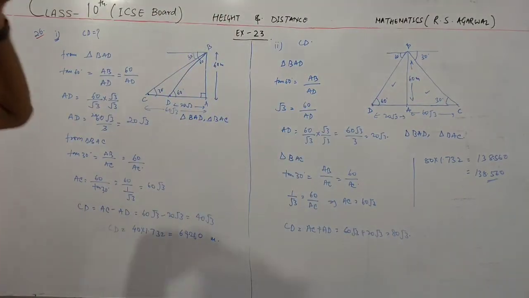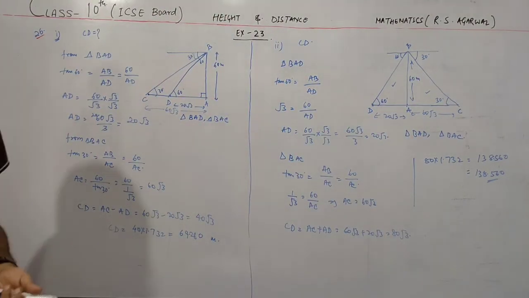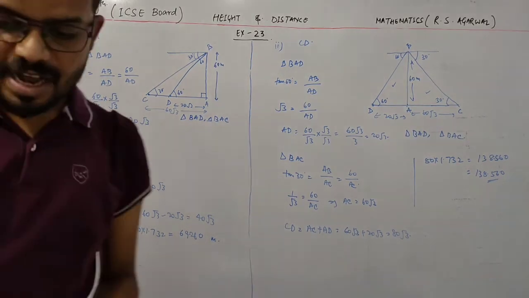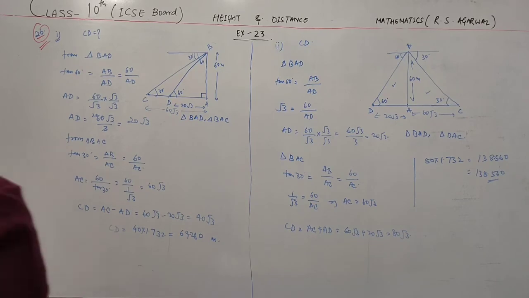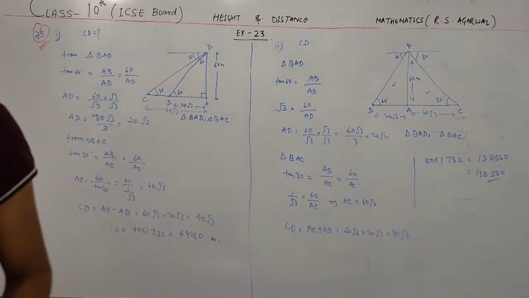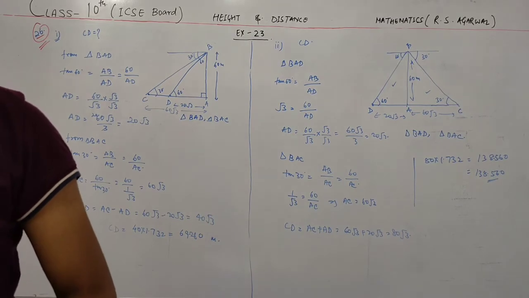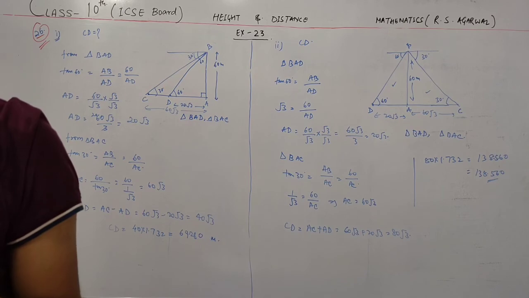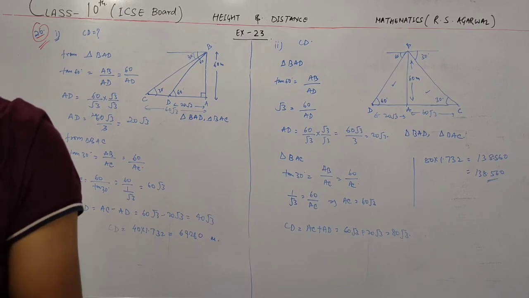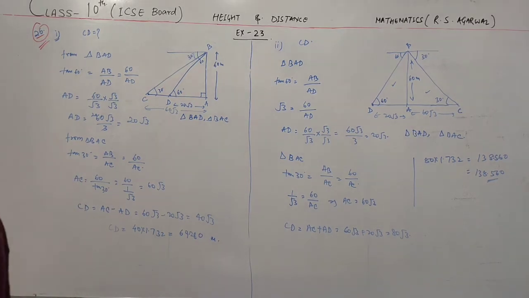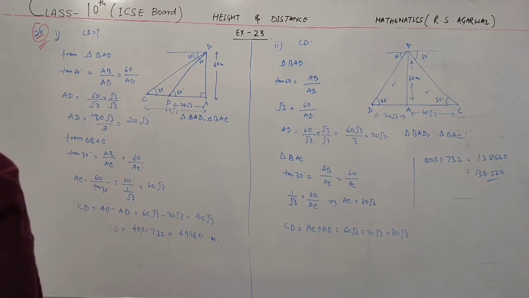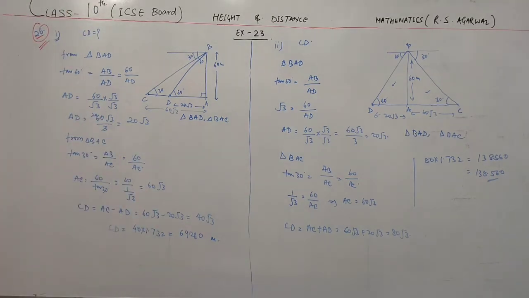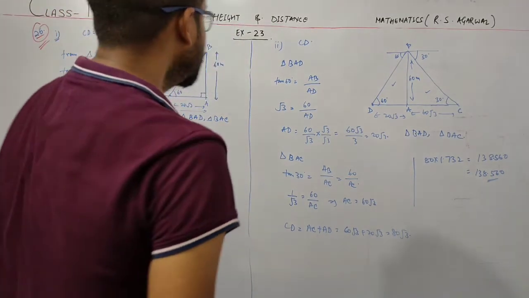Okay. So this is question number 26, which is very important. This is a very important question. Now after that, question number 27 is again a very easy question. So try it at your home. And question number 28 is also very easy. 29 is easy. Now the last question, I will solve the last one, which is 30.